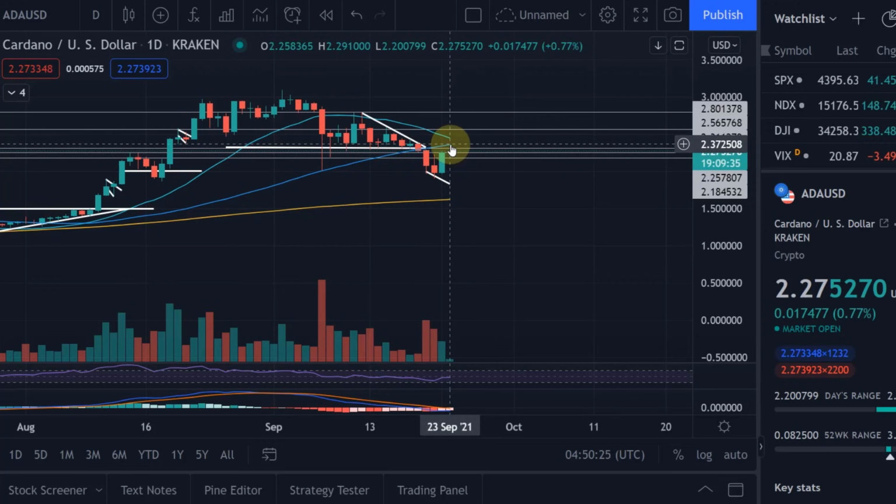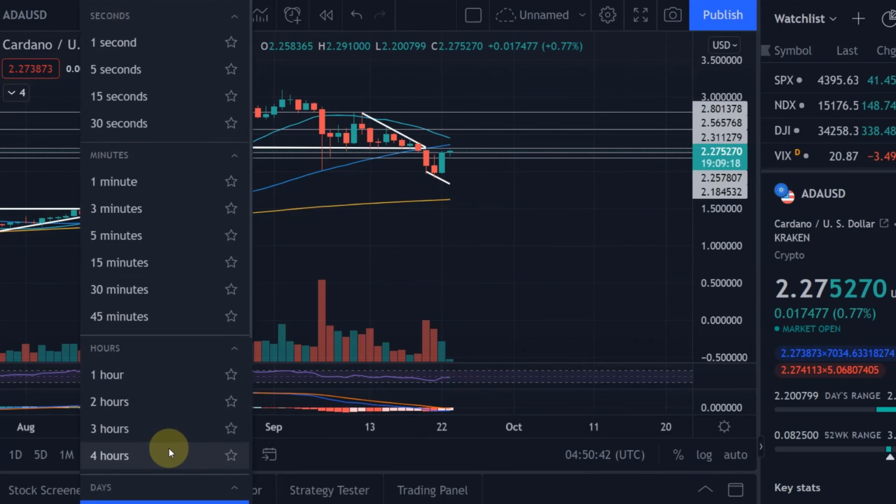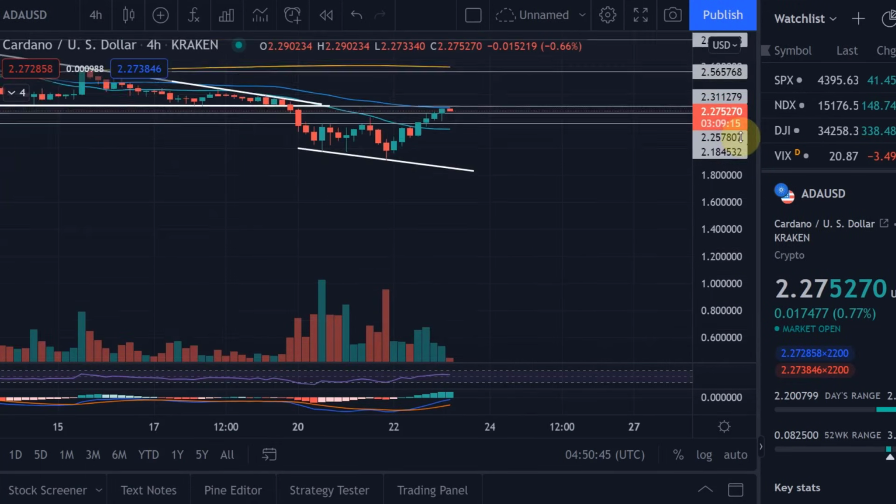So I really want to get above them. They're currently at 235 is the 50 and roughly 245 is the 20. So they're obviously moving every day, and we want to make sure that we get above them again to get some additional support levels. Now let's take a look at the 4-hour chart here, because there